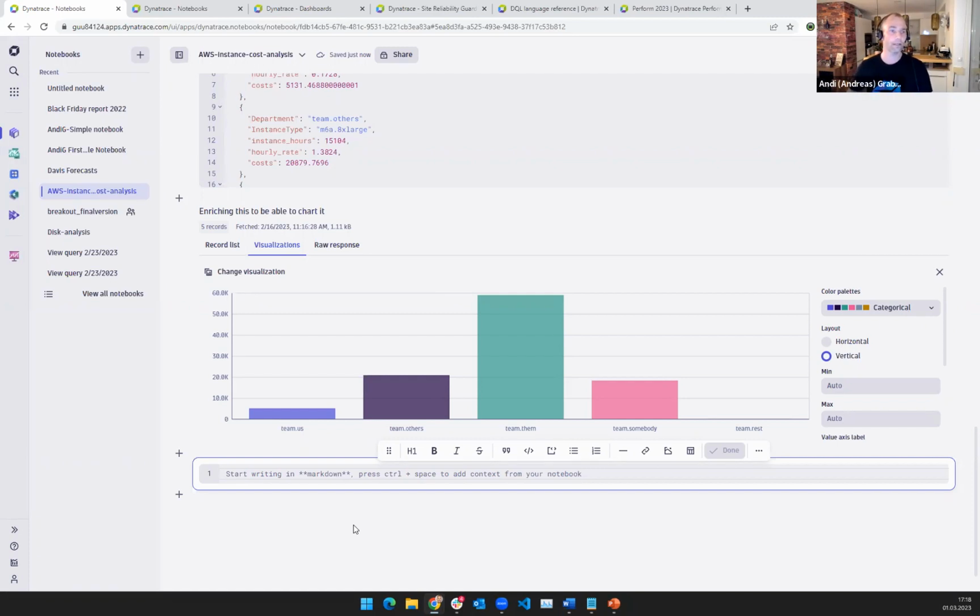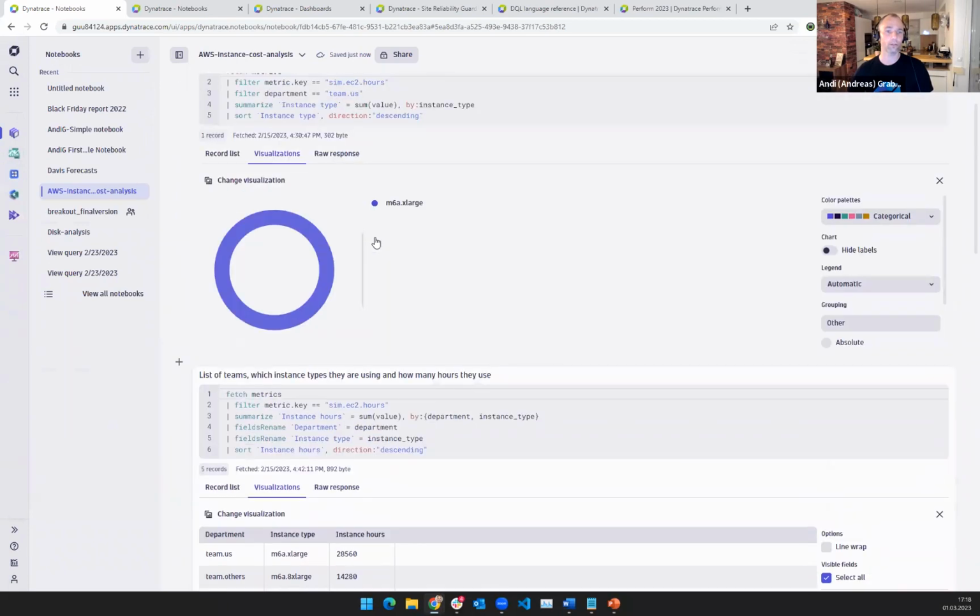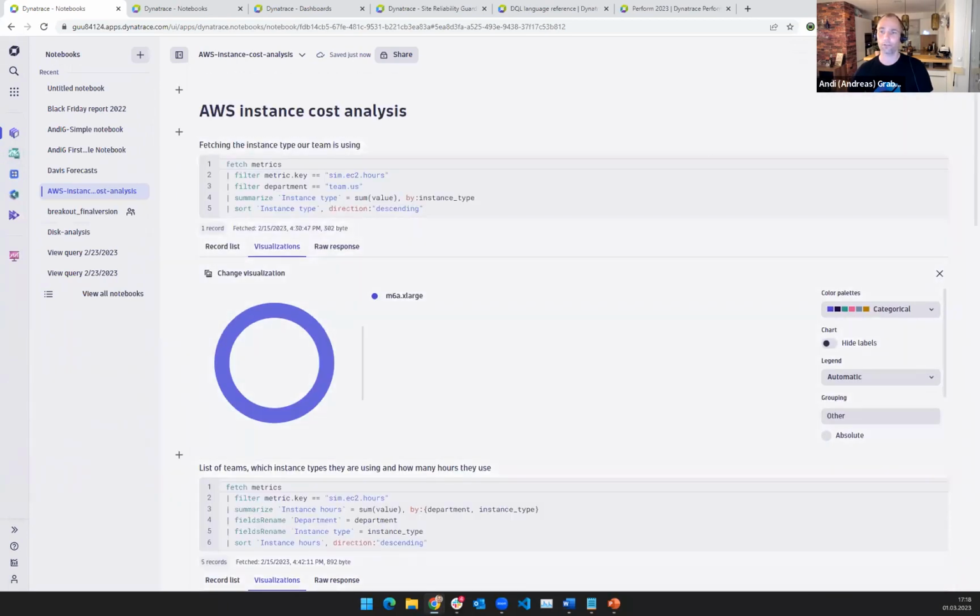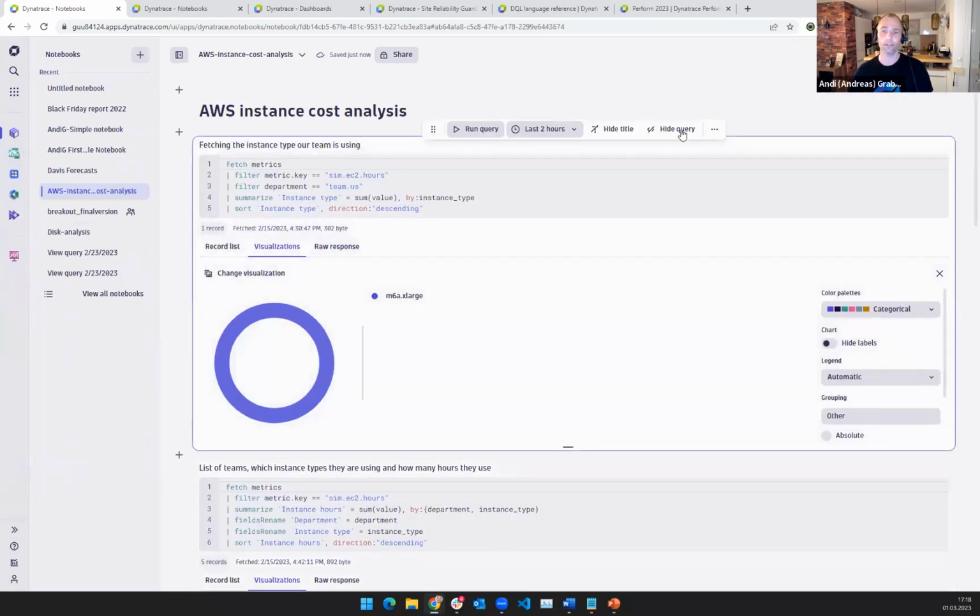Notebooks. I think there's a couple of other things that I could show, but I want to make sure we're not missing out on time. We're already 18 minutes in. Let me quickly go to dashboards. So this is notebooks. If you have charts, you can from here open this in a dashboard if you want to convert this to a dashboard.